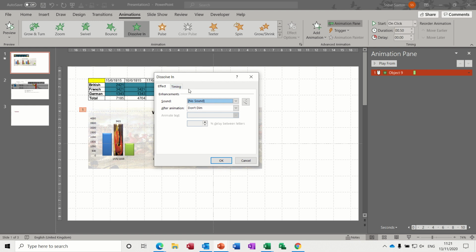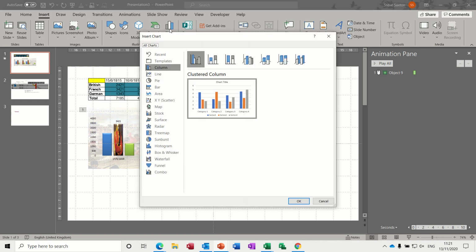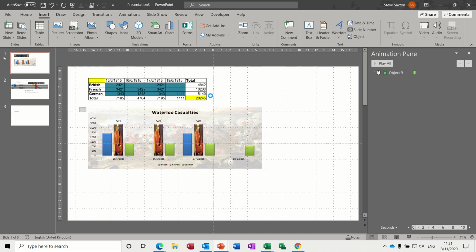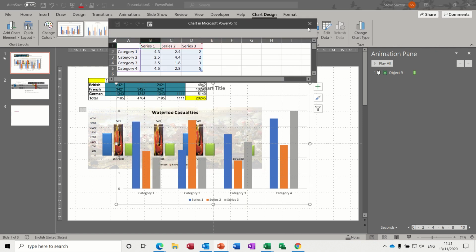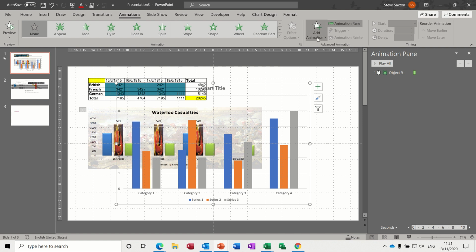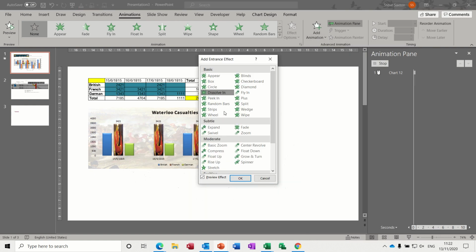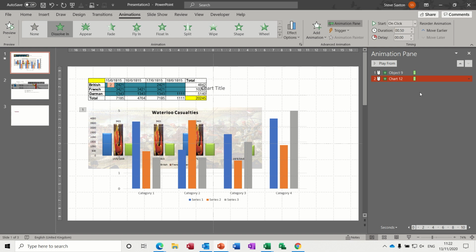It says chart animation normally. So I'll just show you that so you can see what I'm talking about. If I insert a graph in Excel, I'll just use the default data. That'll do. So if I animate this graph, I'll do exactly the same as what I just did there. Add animation, dissolve in. And when you go to effect options there,